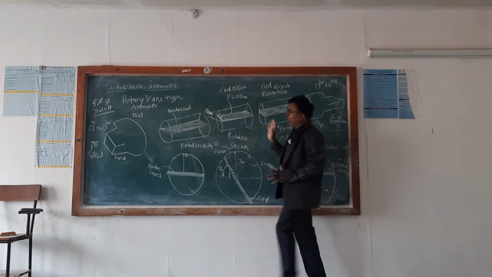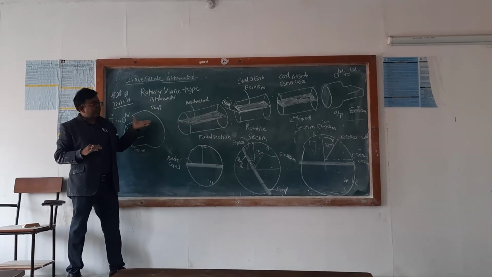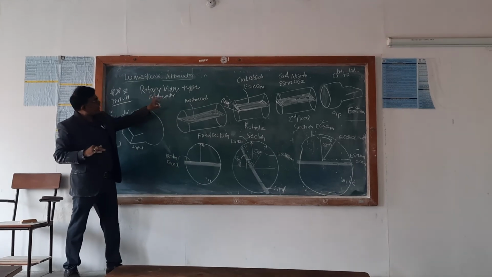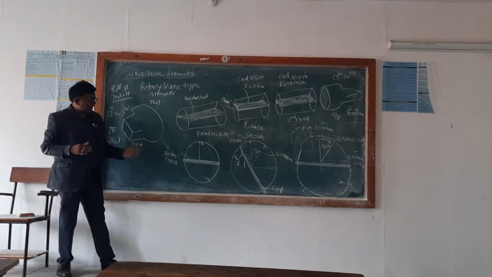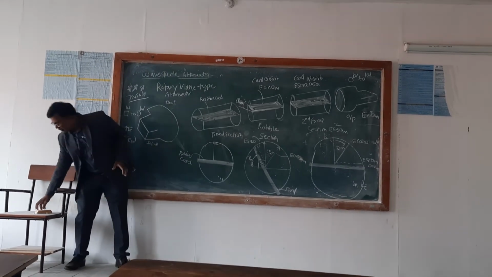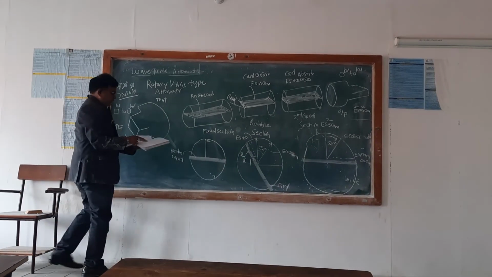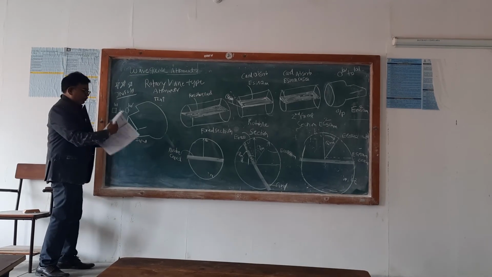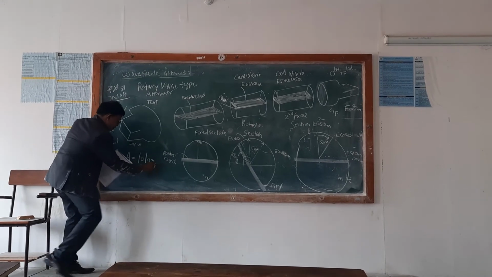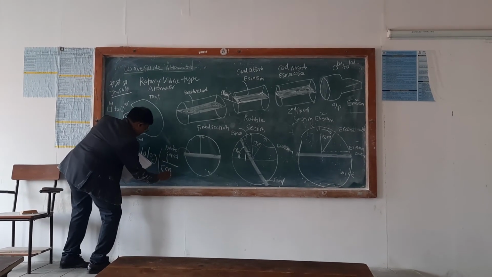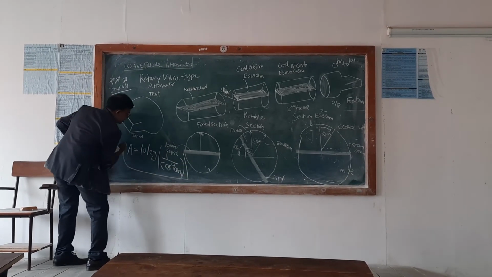As you can see, this is the rotatory one, we are rotating the attenuator. That's why it is called a rotatory vane type of attenuator. The attenuation of the power can be measured with the help of this formula. What is the formula? The attenuation can be given by 10 log of 1 upon cos to the power 4 theta m. Why is it given?